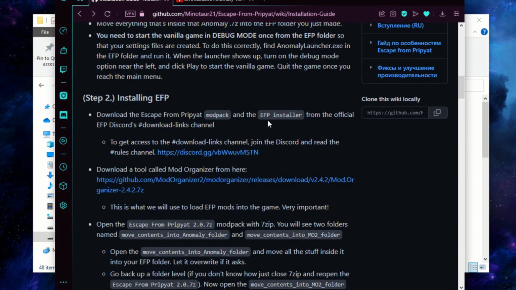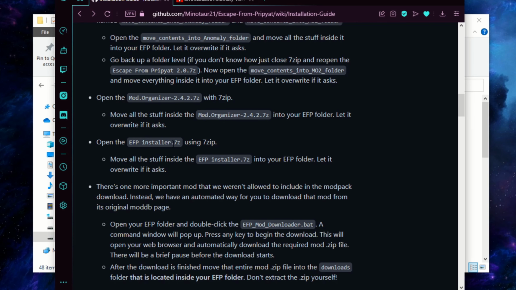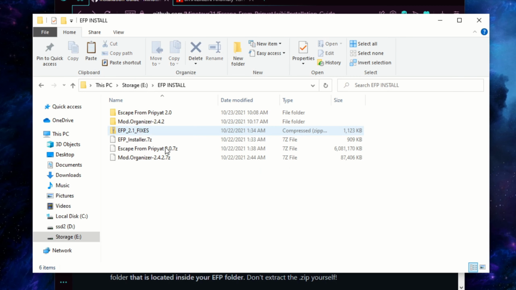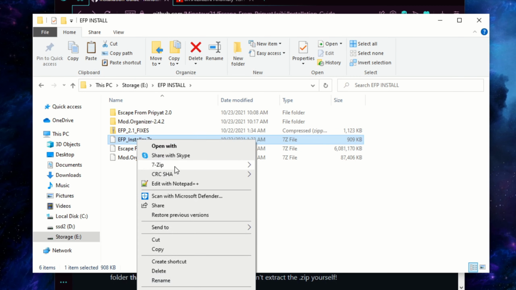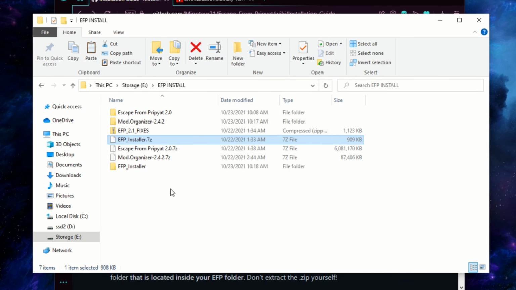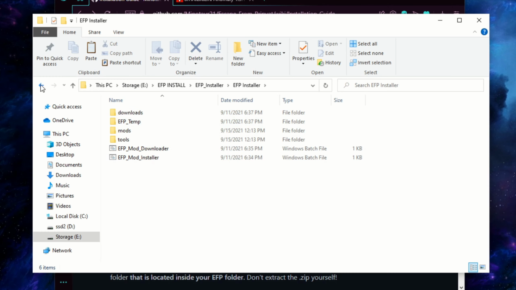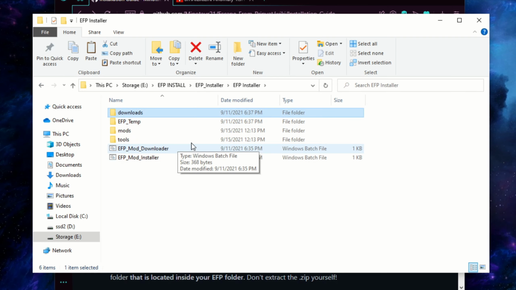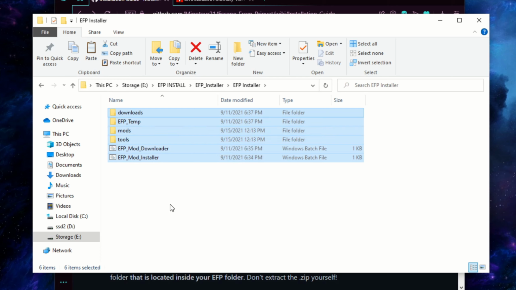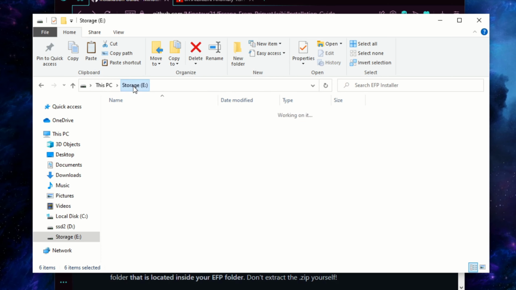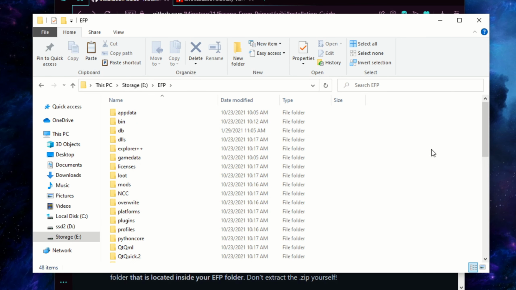Let's head back to the guide and we'll move on to the next step, which is going to be doing the exact same thing to EFP installer. I am messing up right now. So EFP installer, we're going to go ahead and do the same thing. 7-zip, extract, super small file. It should do it about instantly. There'll be a couple subdirectories here. So just head in until you see downloads, EFP temp, mods, tools, and these two bat files here. So go ahead and Control A, Control C, where you just copy the content of this entire folder. Head back to EFP, hit Control V,